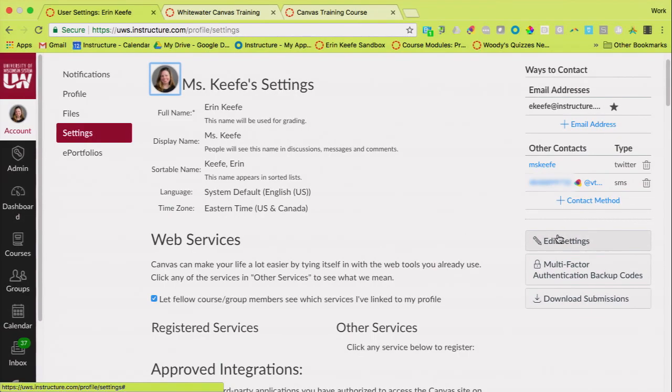I'm going to go ahead and click Edit Settings over here. Mine's on my right-hand side. If for some reason you're not seeing this on the right-hand side, that means your screen isn't enhanced all the way, and so yours has dropped down to the bottom. That's one of the things that Canvas does, is it tries to resize itself to fit your screen. So if for some reason, every time I'm saying mine's on the right-hand side, you don't see yours on the right-hand side, don't panic. Yours is going to be down there at the bottom of your screen. I'm going to click on Edit Settings.